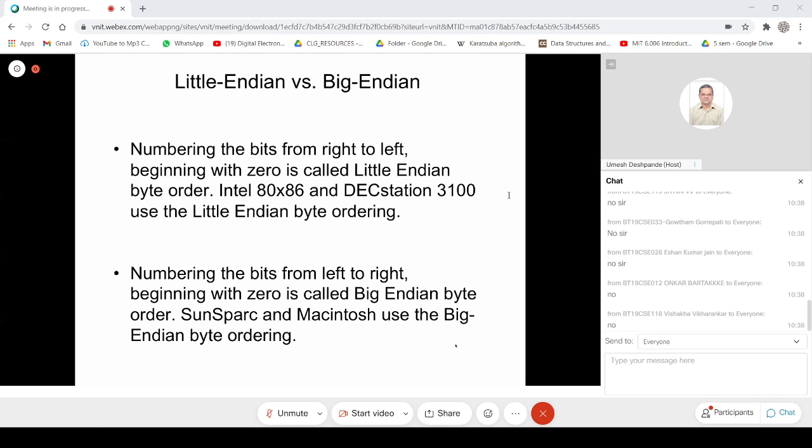So if we assume that the entire memory is byte addressable, then in the Little Endian form, the numbering of the bits starts from right to left, beginning with 0 and going all the way to the most significant bit, and this is called Little Endian byte order. And all these Intel processors and the Digital Equipment Corporation's DEC processors use this Little Endian byte